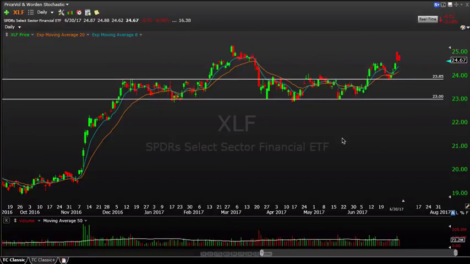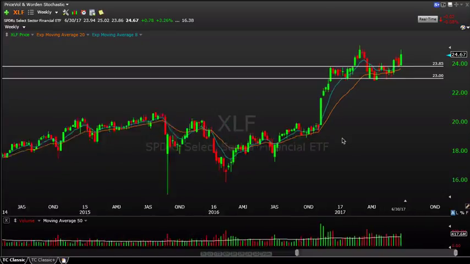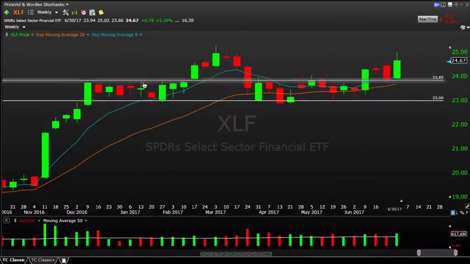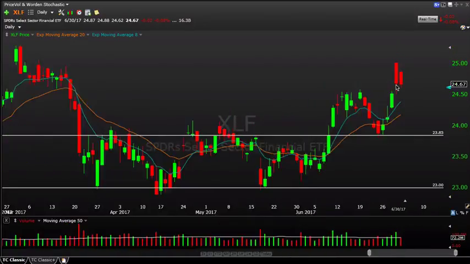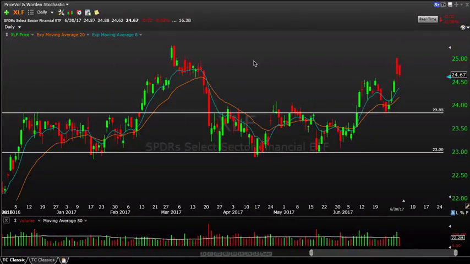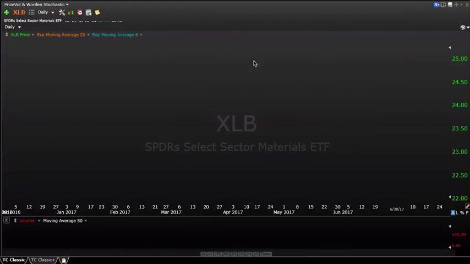Financials, also finishing the week off strong, up 3%. Very impressive, basically invalidating that head and shoulders pattern that was at play here. And you can see not quite closing at highs here, but getting above last week's range or the last couple of weeks range, and we're starting to make some progress there. So XLF, like it, looks good for more, at least looks good as a leader.